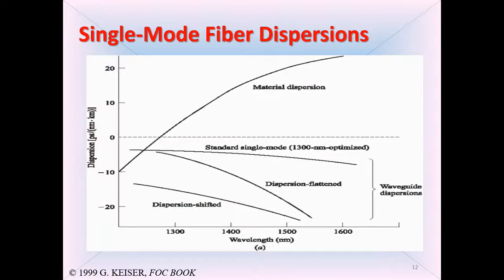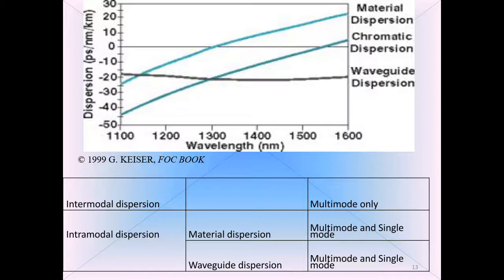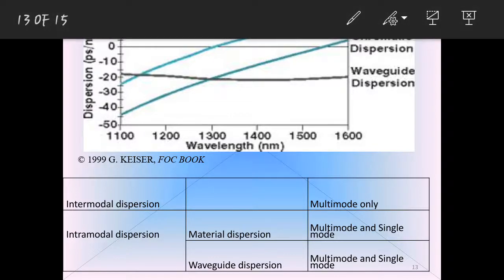The same thing is being represented from the Kasap book. How does the material dispersion loss look? How does the waveguide dispersion look? And where you have your cancellation effect, the optimized value is 1320 nanometer. Again, you can see in this graph where you get the zero point of your dispersion. It is 1320 nanometer. So at this point, material and waveguide dispersion can be minimized.